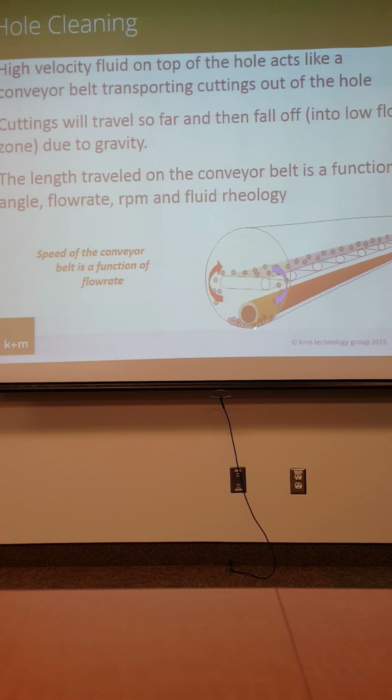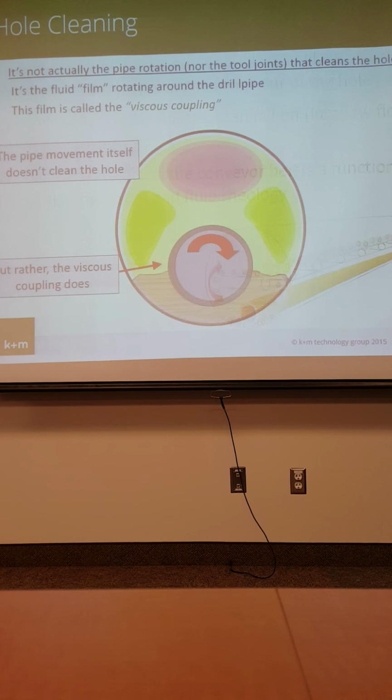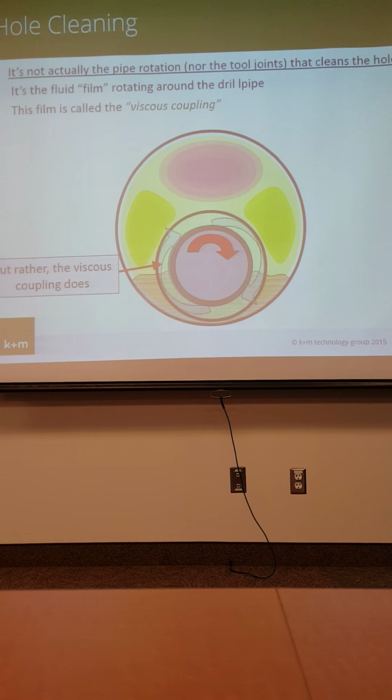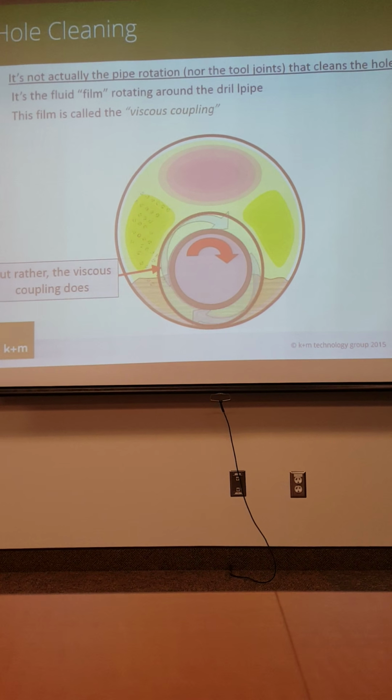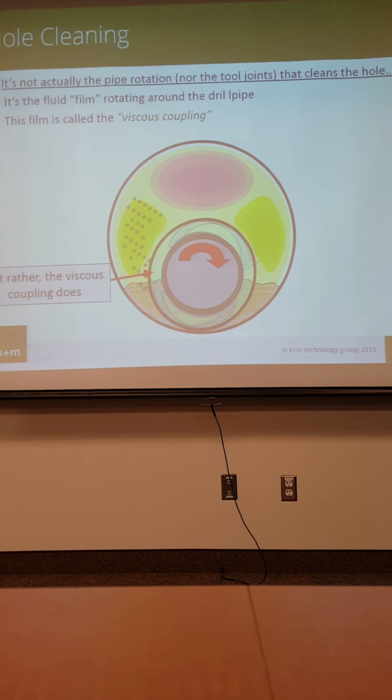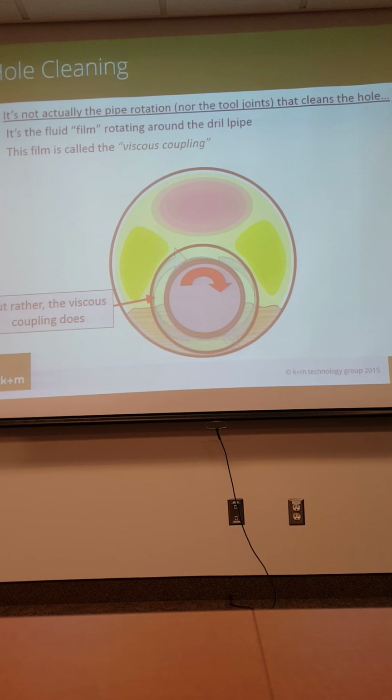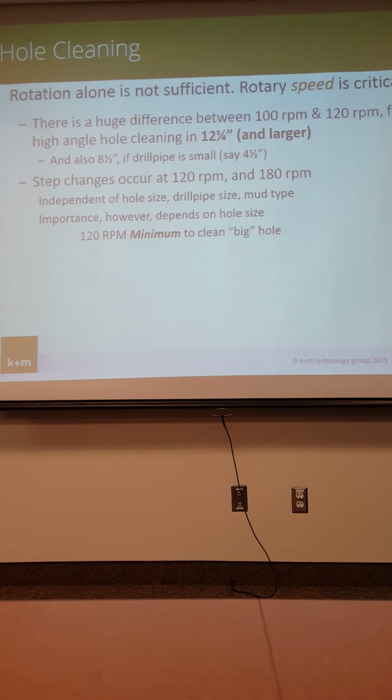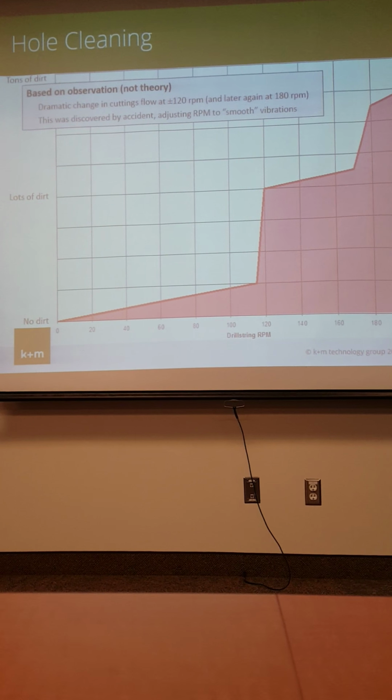So we've got a conveyor belt. Pipes on the low side, mud's on the high side. You got to turn fast, and there's a threshold speed. It's not just the act of turning, it's this thing we call viscous coupling. There's a layer of mud, this film of mud, that's spinning adjacent to the pipe. The faster you turn, the bigger it gets. And if you make it big enough, you're able to activate a lot more energy into the cuttings that are